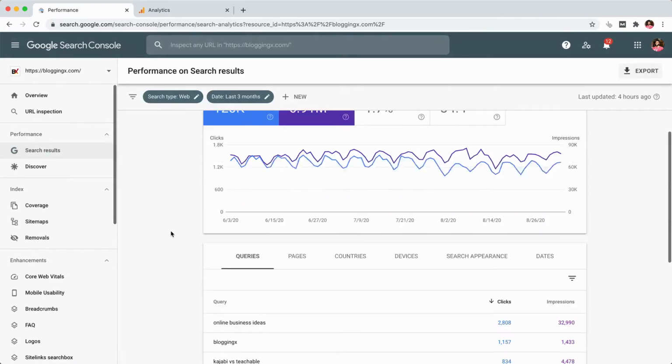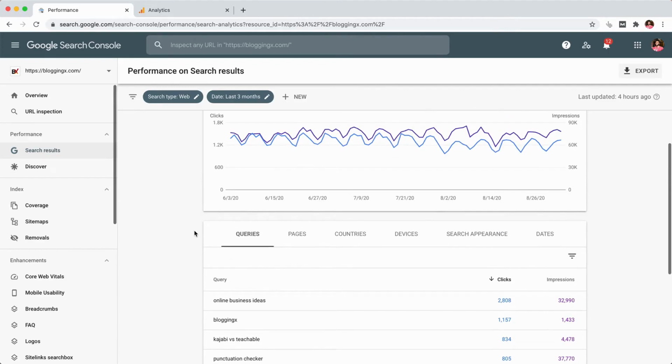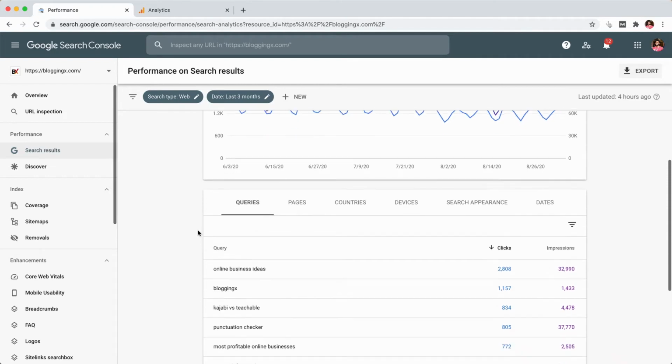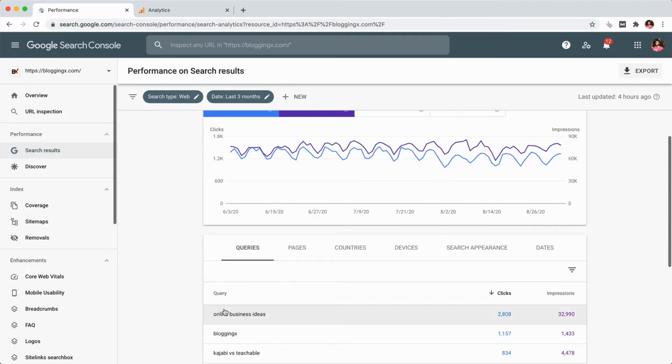So here you will be able to see all the queries that are driving traffic to your site, right? This report you will not get with Google Analytics. You used to get it in 2015 and before, but now it's not visible in Google Analytics due to privacy regulations. And please do note that these queries are updated with a 2-day delay because of privacy issues. Okay. And yeah, this is about Google Search Console. Hope you got some clarity regarding Google Search Console and what it helps you to analyze.